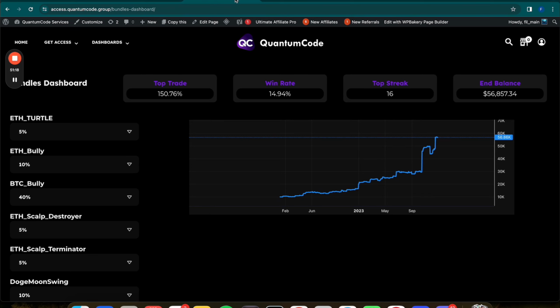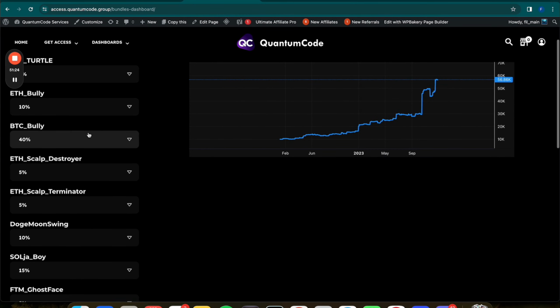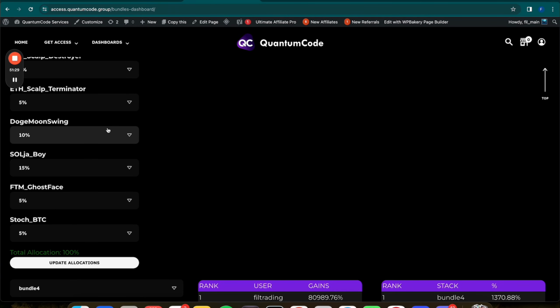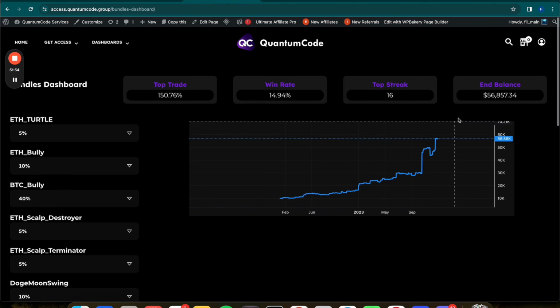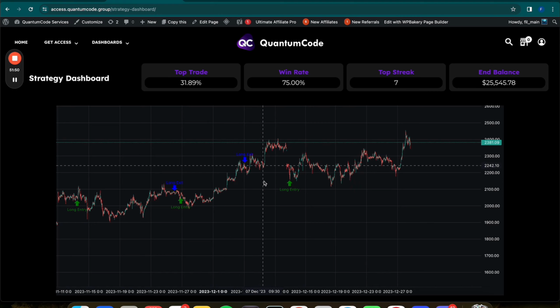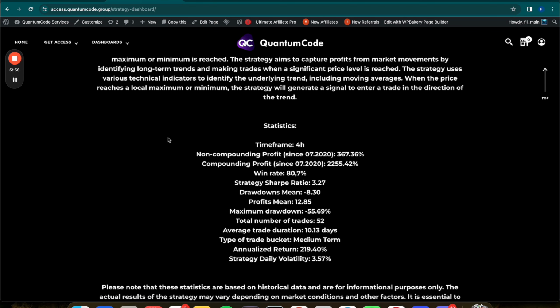And we came up with a bundle that has 9 strategies. They have trend following, they have trend reversal, they have meme coins, and they have altcoins. That's because you might be in an alt season, you might not be in an alt season, and things like that. And these are times where you were in an alt season, or at least the altcoins were very profitable. We have strategies on altcoins that are trend following, and we have strategies on altcoins that are trend reversal. The Doge strat that you saw just before was a trend reversal strategy, and this is a trend following strategy, ETH Turtle.